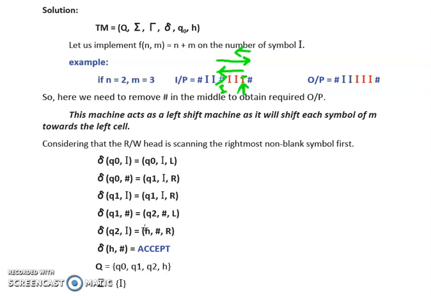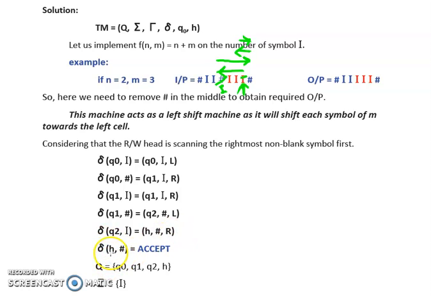After this, our Turing machine will halt. It will not do any further processing. And this I has to be removed. That's why we are replacing the I by the value hash. And the direction of movement is taken to be right. So we can take any direction, whatever is required. Either you can move to the right direction or you can move to the left direction or you can take N also. N is for not moving in any of the directions. So again over here we are changing the direction to the right.